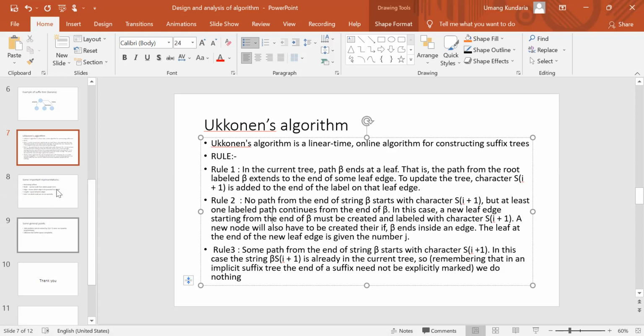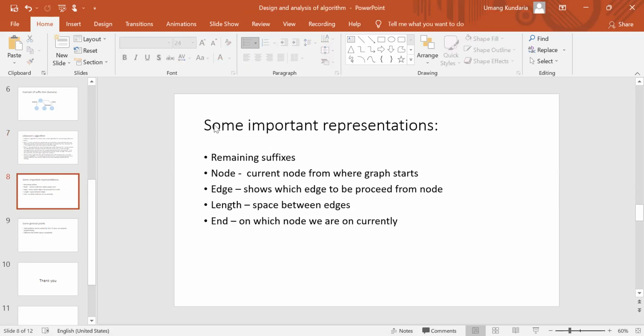These are the 5 important variables which we need to take care of while constructing the suffix tree. They are the remaining suffix count, the active node, which is the current node where we are, from where the graph starts, or where we are in between.